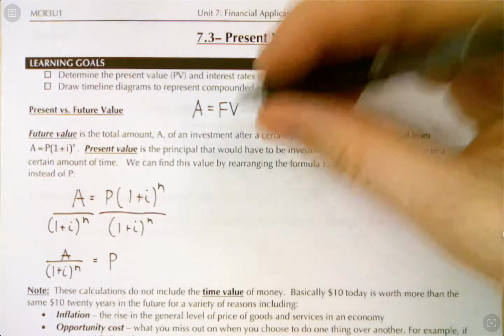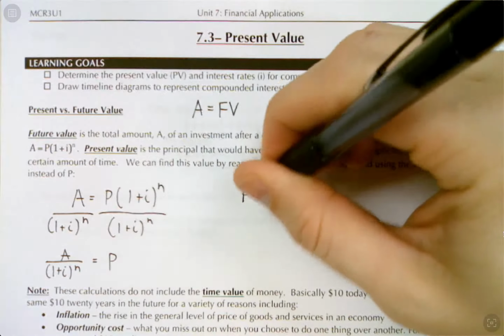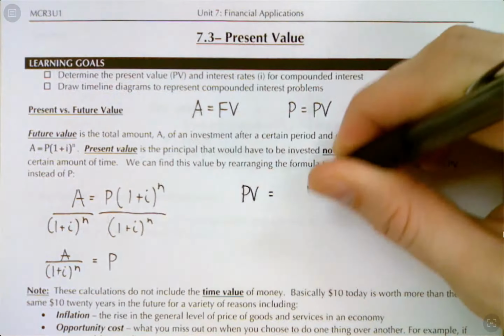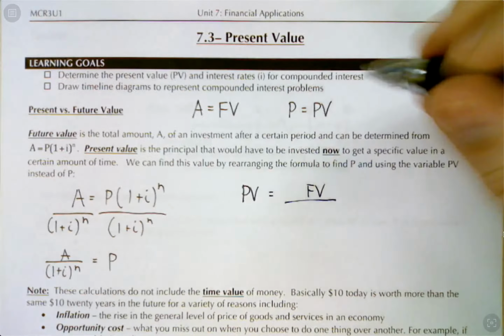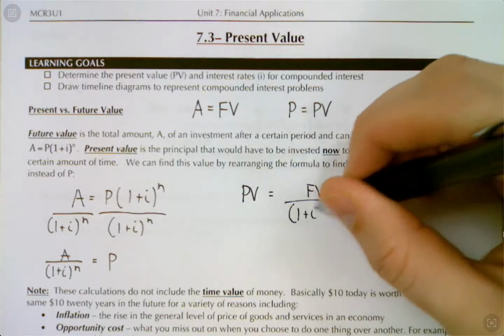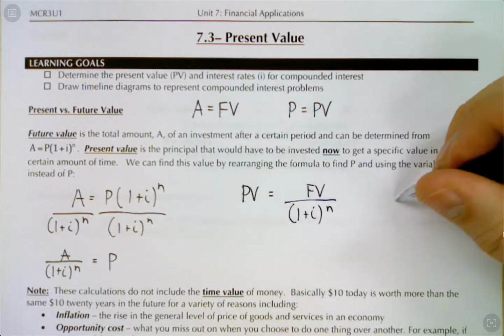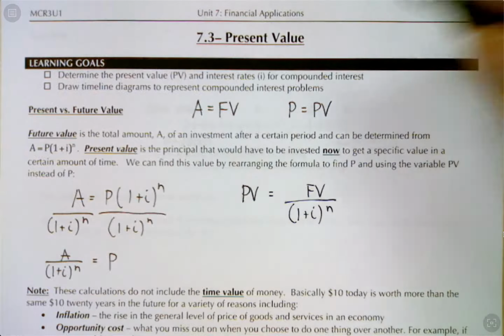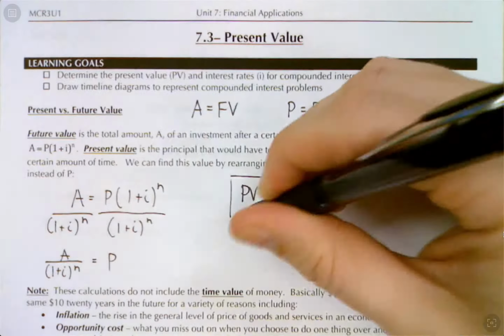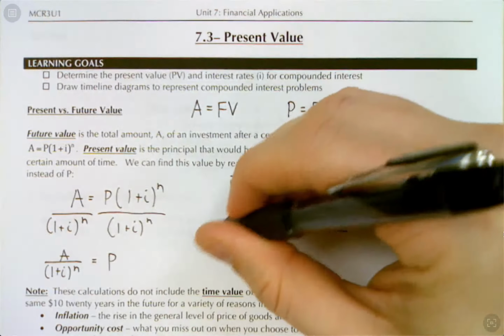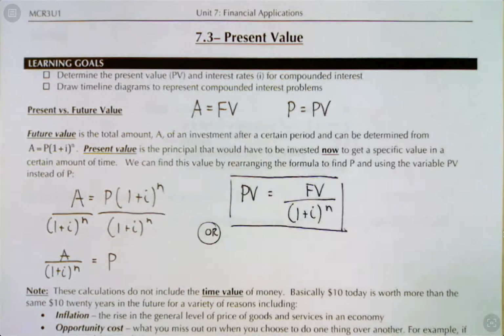I'm just going to replace the letters here. P, I'm going to say PV, present value. And A, I'm going to say FV for future value. And then we have 1 plus i to the exponent n on the bottom. And this is our equation. Now there's an or you can use exponent rules and you can write this in the more conventionally used version